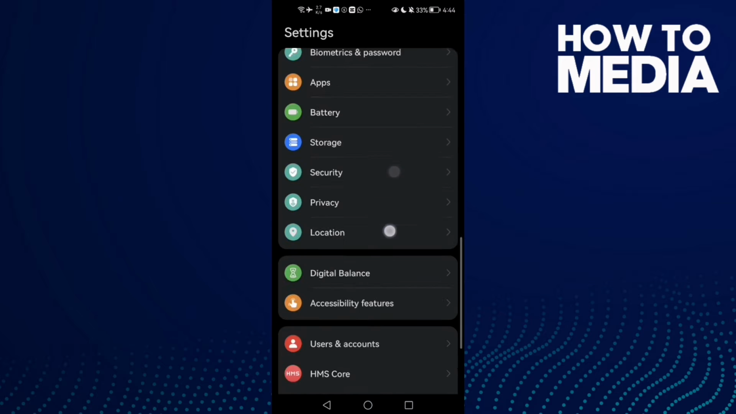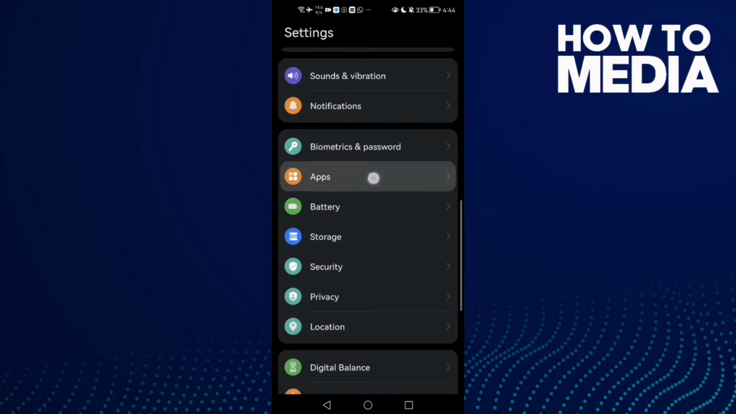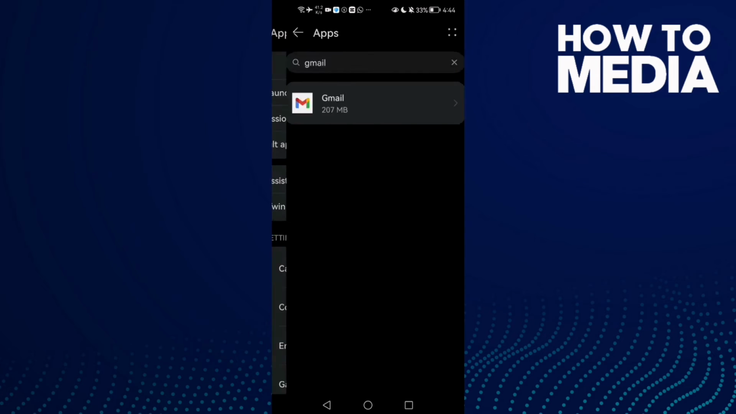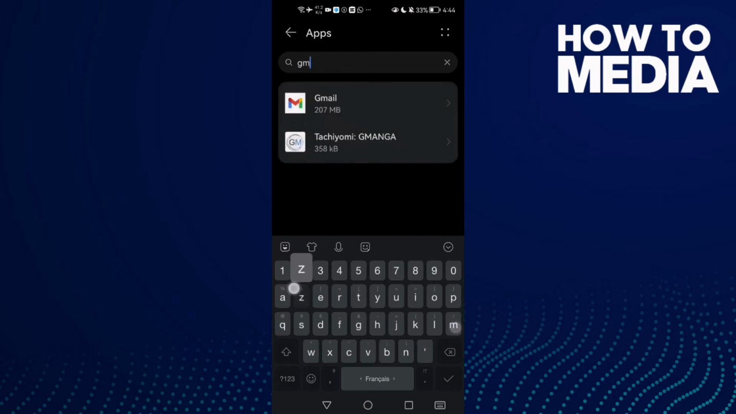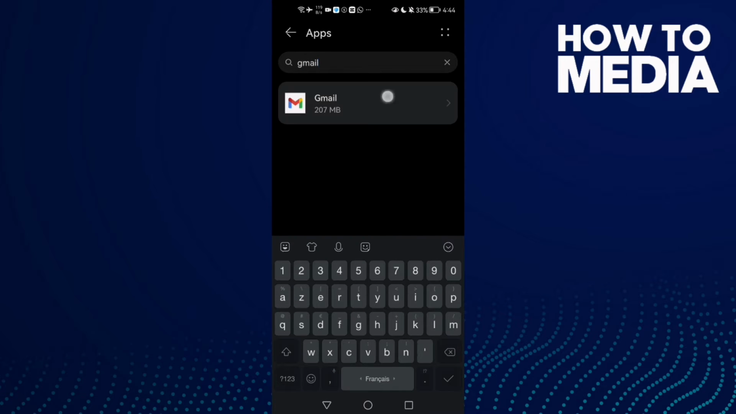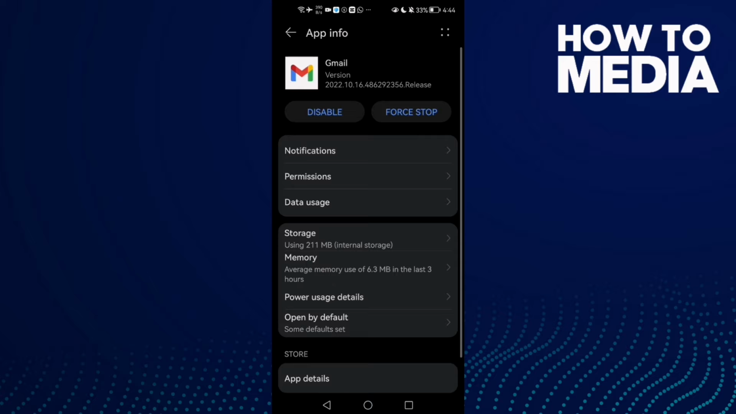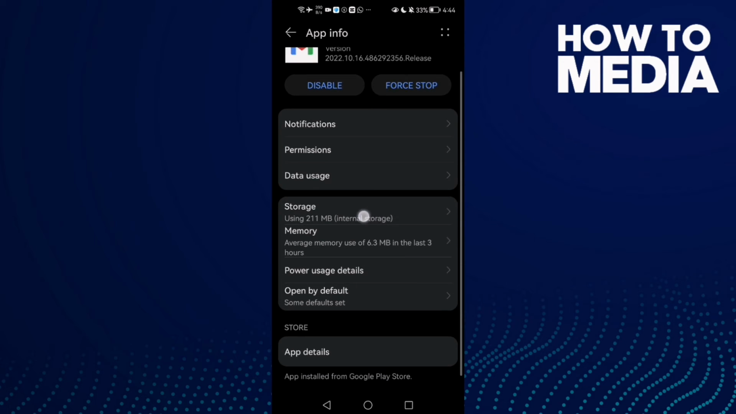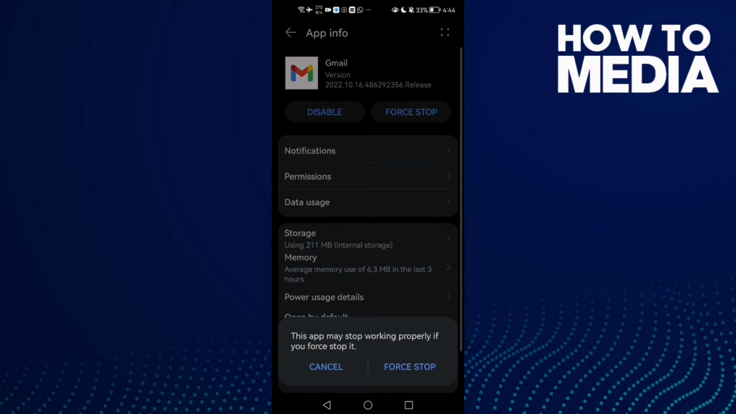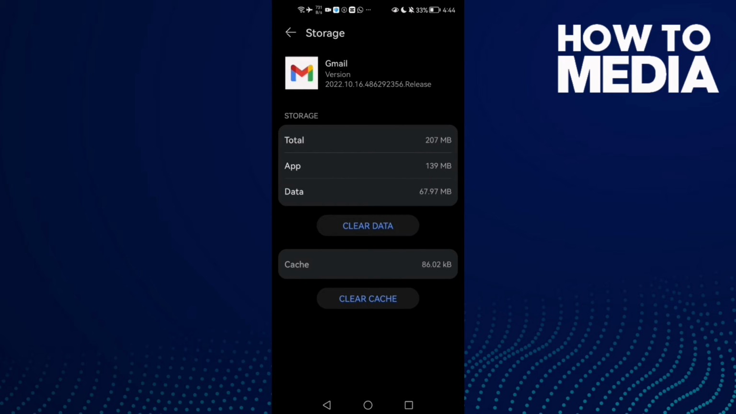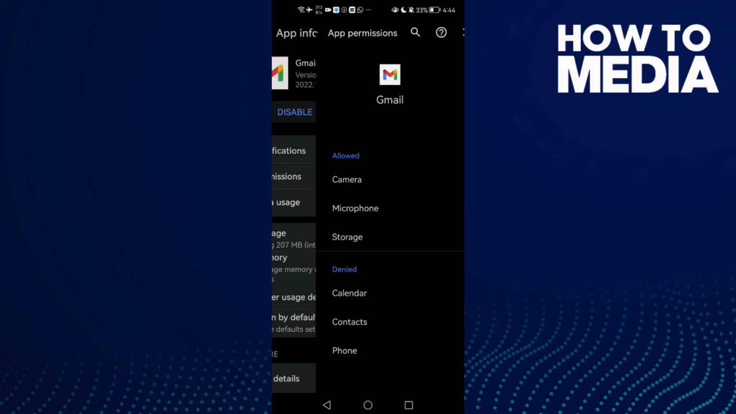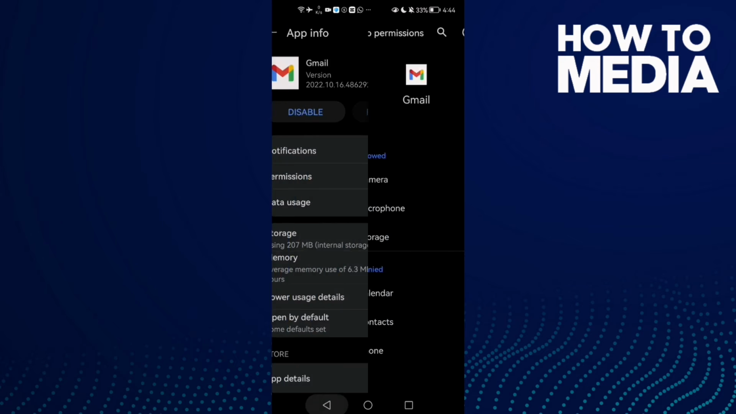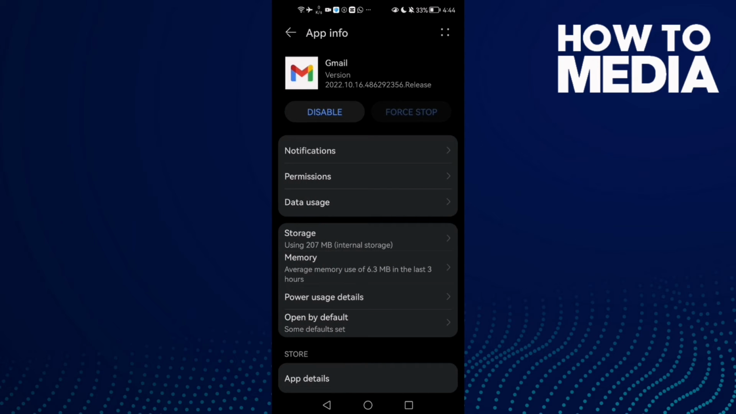First, scroll down until you find here apps and then click apps again, and here type Gmail and click on it. And now once you're here, all you need to do just click force stop and then go to storage and click clear cache, and now go to permissions, allow all of those permissions, and if that doesn't fix your problem,